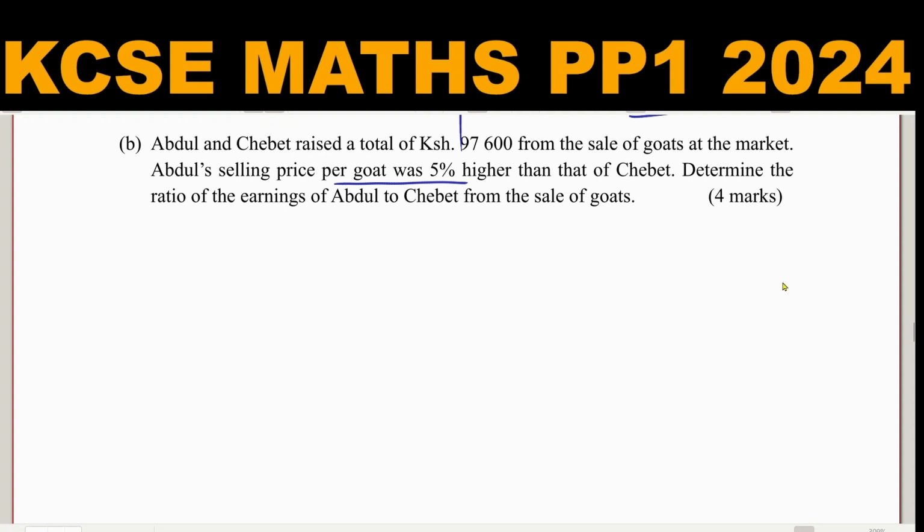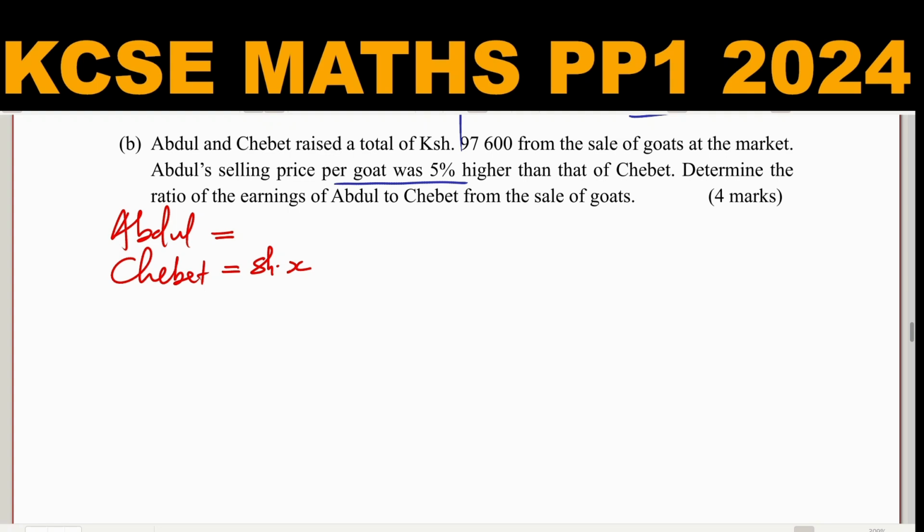So what we are going to begin with, we can let the selling price of Chebet be X shillings. And then since Abdul's selling price was 5% higher, 5% higher means it is